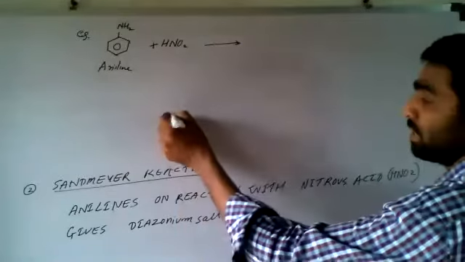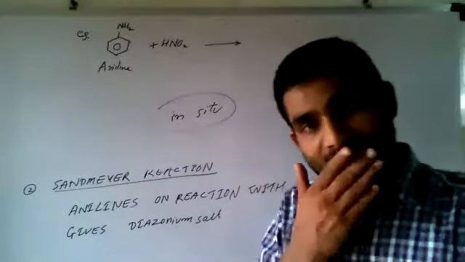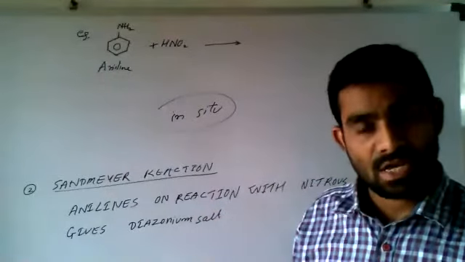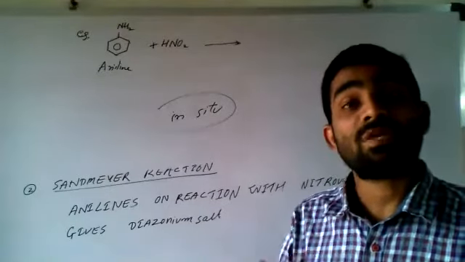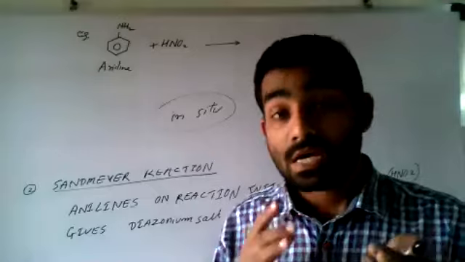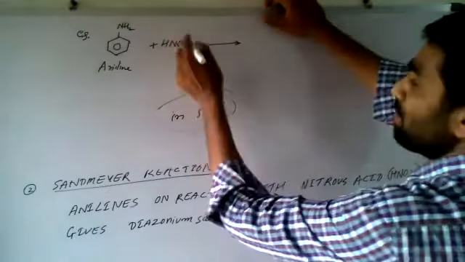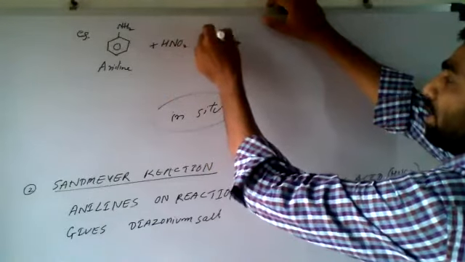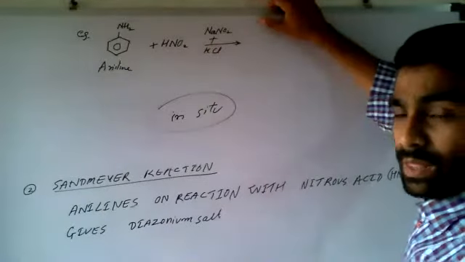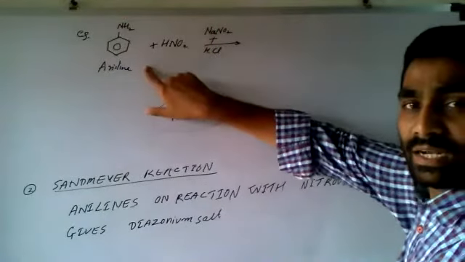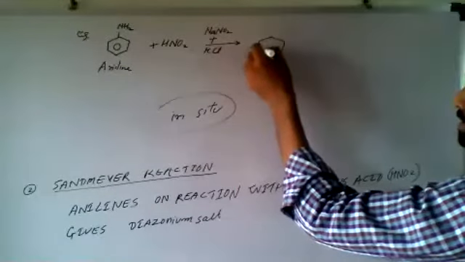What is in situ generation? When certain chemicals are freshly prepared in the laboratory, such chemicals which are produced in the laboratory during the chemical reaction are called in situ generation. So how is it prepared? It is prepared by the action of NaNO2 plus HCl. This mixture will give you nitrous acid. And that nitrous acid reacts with this, and this will produce this salt.